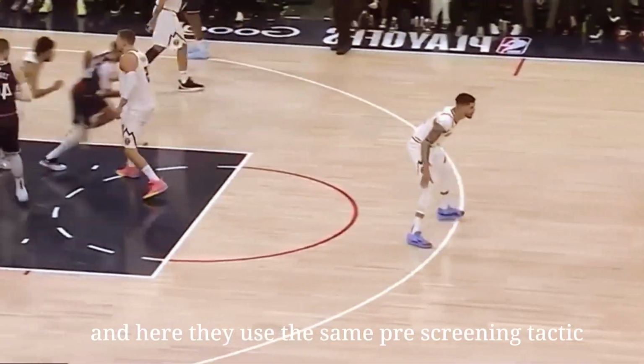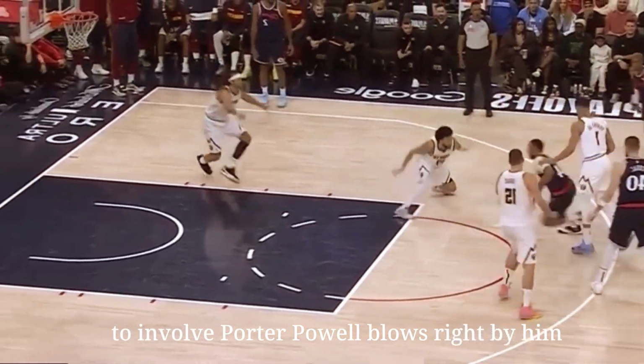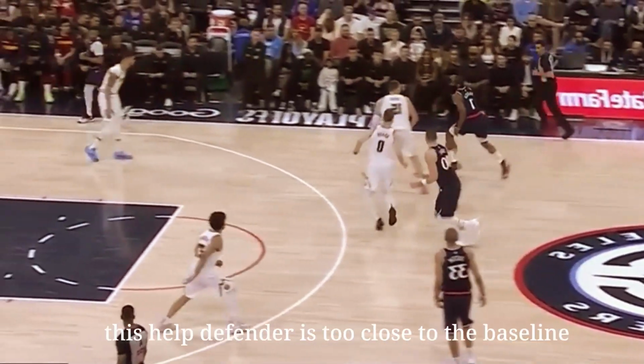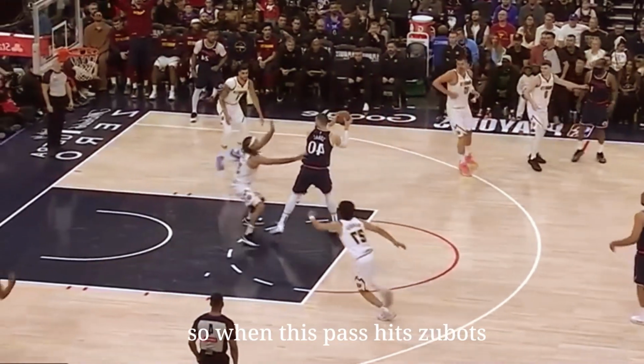and it's an off-balance shot. And here they use the same pre-screening tactic to involve Porter. Powell blows right by him and sets up Kawhi in the corner for a big three. Harden has hunted Nikola Jokic in pick and roll all series. This help defender is too close to the baseline, so when this pass hits Zubac, he can find the cutter